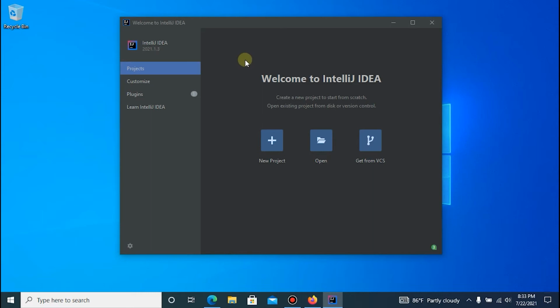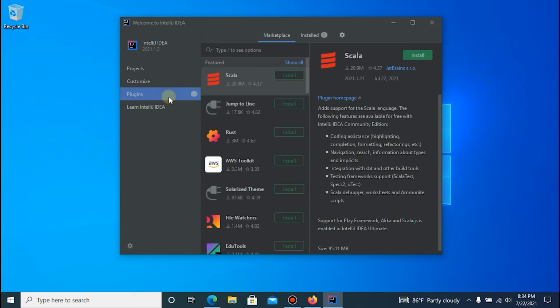Apache Spark supports several programming languages like Scala, Java, Python, and R. Between these languages, Scala and Python have an interactive shell for Spark. Here we use Scala because the Apache Spark framework itself is written in Scala. So we should install the plugin of Scala.